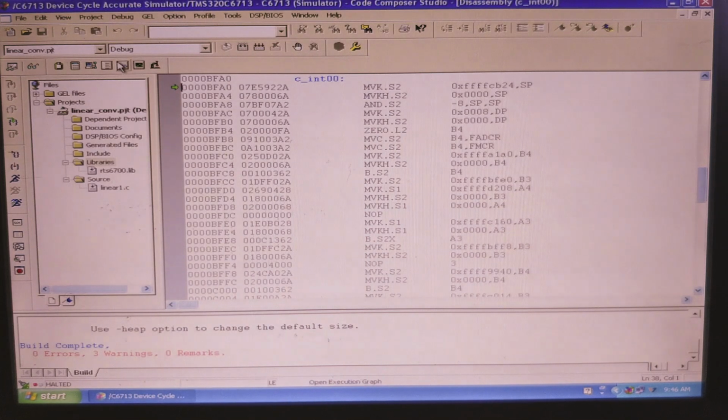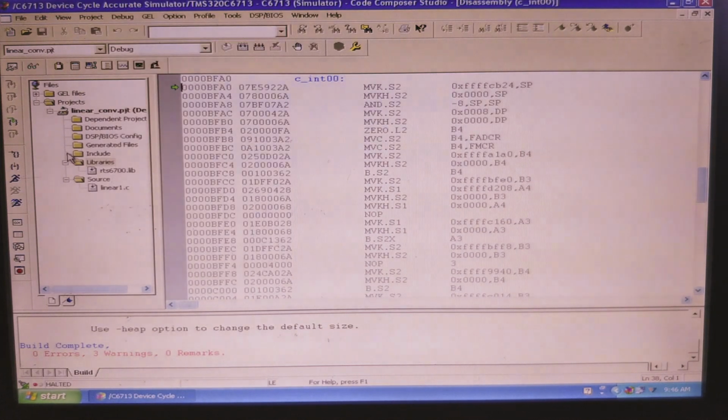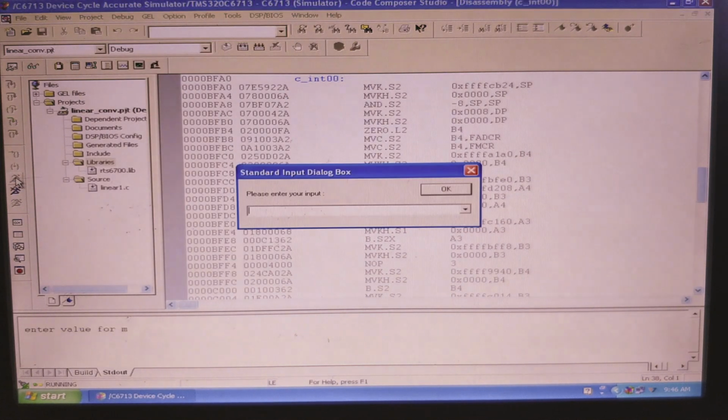So now we have to run it. To run, go to debug, and you have option called as run. F5 is the shortcut key. Alternatively, you have the symbol here also. Okay, so if you click here, it is going to run the program. The program is going to prompt for inputs depending on the nature of the program. So here initially it is asking for the lengths of the two inputs. The first sequence is length 4. The second sequence is also length 4.